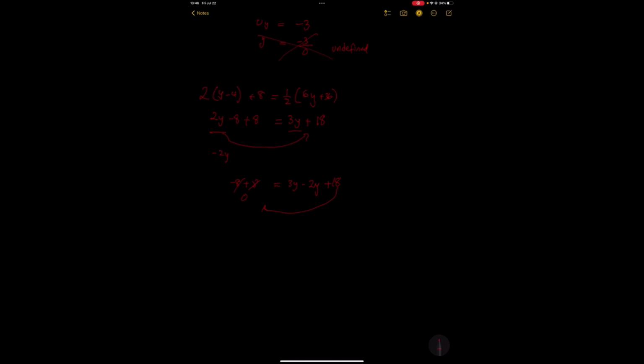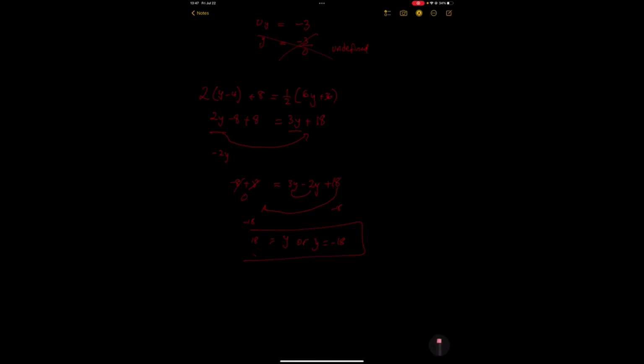That means minus 18 on both sides. So we get minus 18 is equal to 3y minus 2y, which is y. So therefore, y is equal to minus 18, or you can just write it as y is equal to minus 18. Either way,